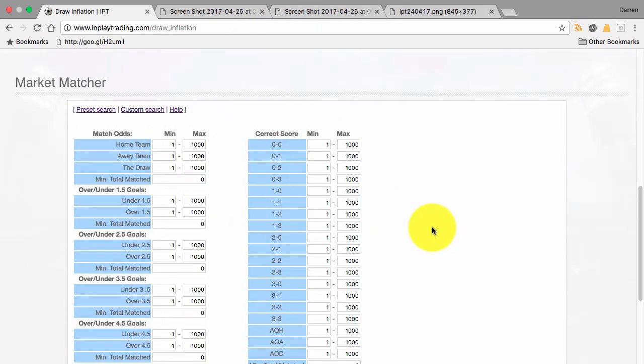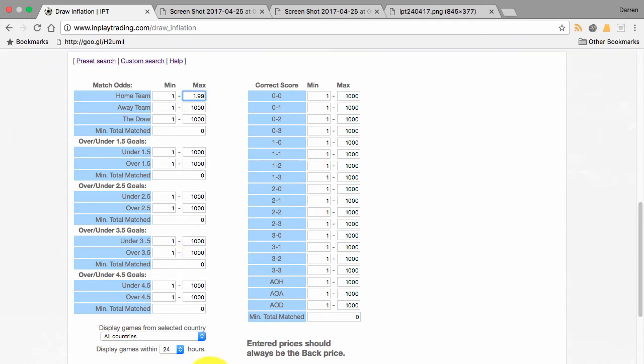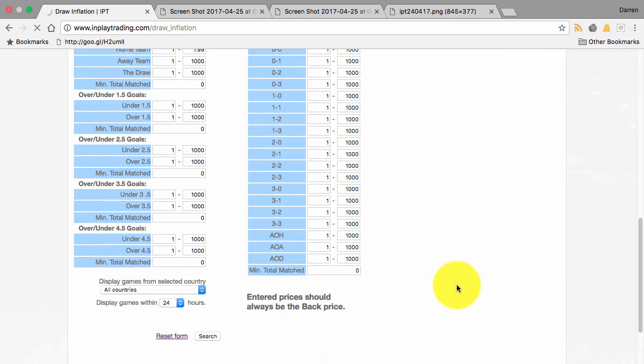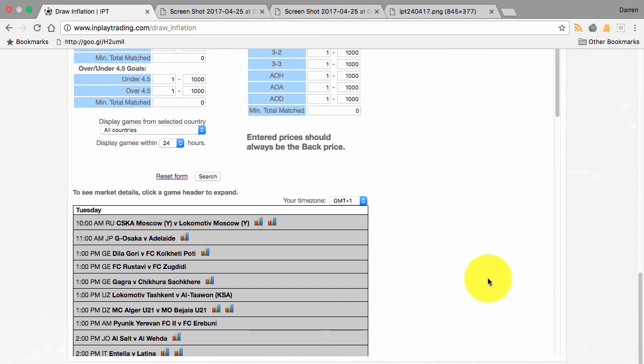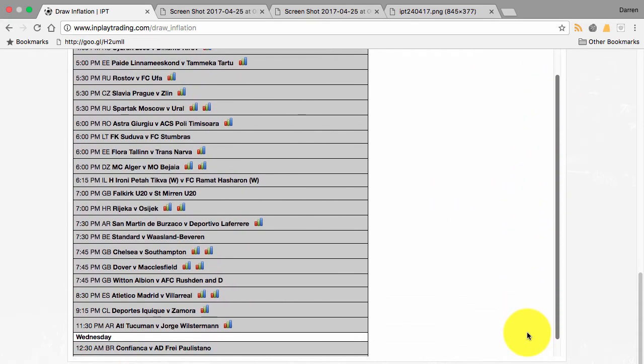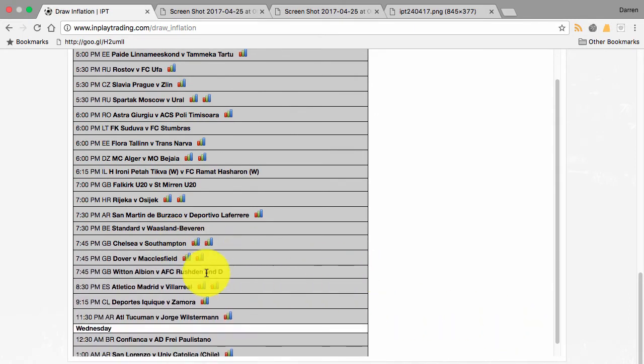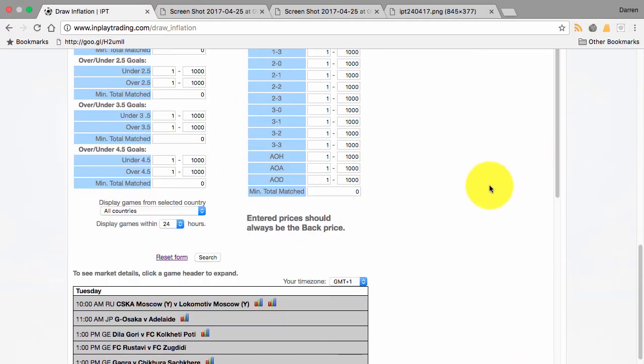Likewise, we can also do custom searches as well. So again, if we were interested, say for example, people might just want to trade home teams who are odds on. So we can again make a selection there, and we can say, right, well, show me all the home teams who are at the moment priced odds on Betfair over the next 24 hours. If we scroll down there, then we've got the full list there. So for example, we've got Chelsea, Southampton tonight, and you can set up whatever criteria you want based on the